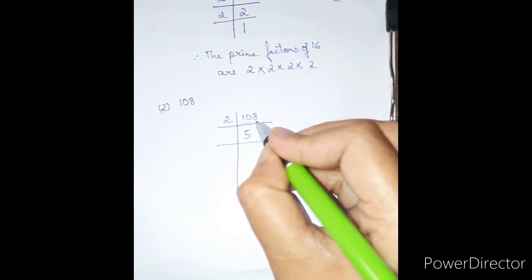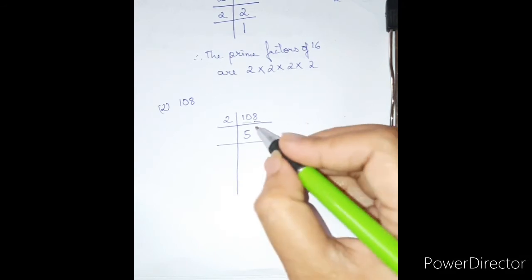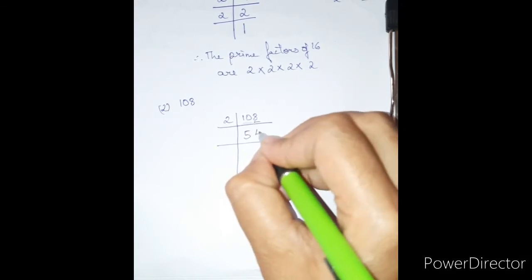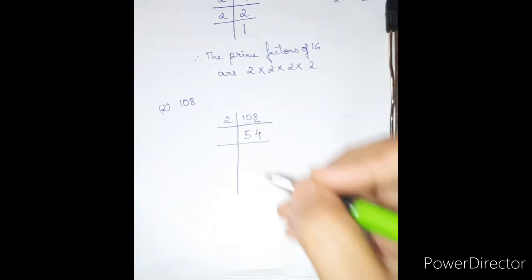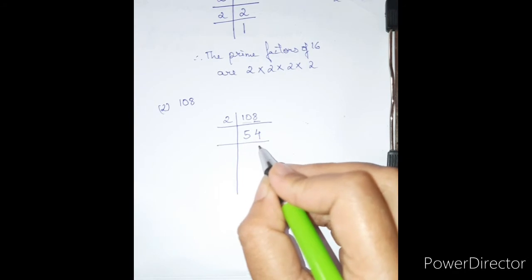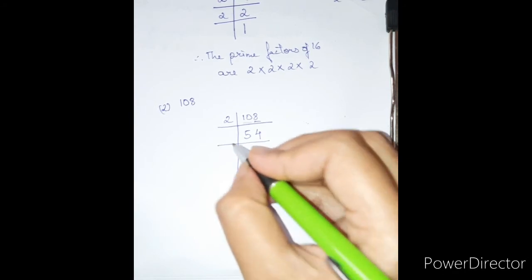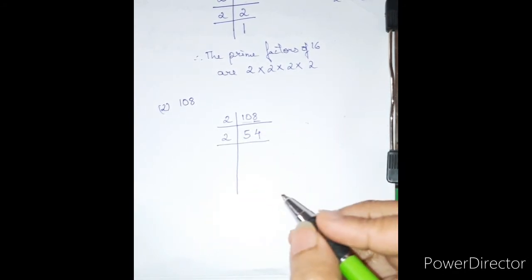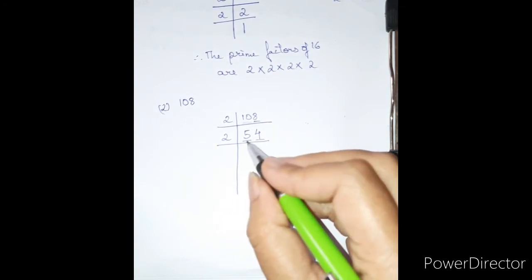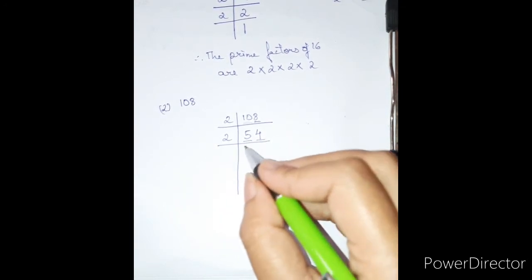Now what is remaining is 8 with us. How many times will 8 go in the table of 2? 4 times. Write it down one below the other. Now you have 54 with you. Again it is an even number, so we can still take the table of 2, the prime number. Separate the numbers. It is 54, 5 and 4.